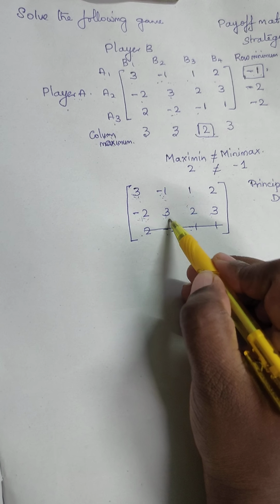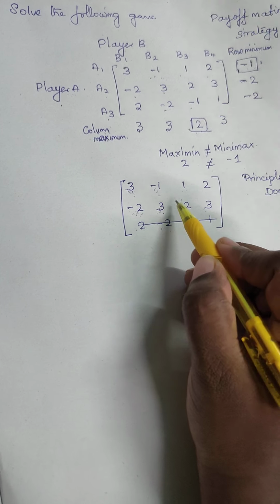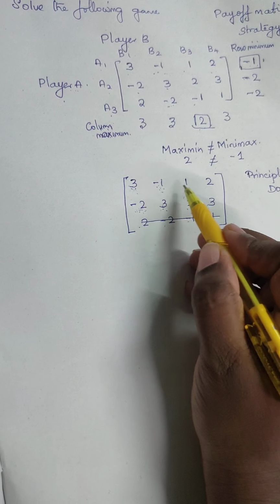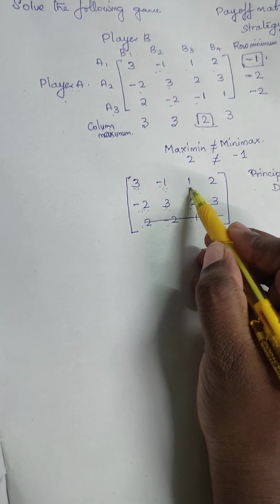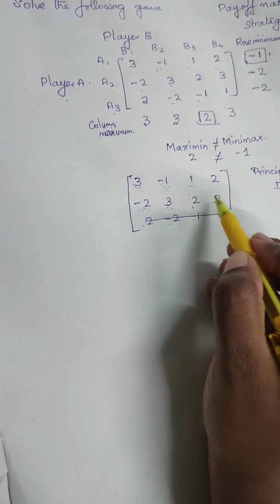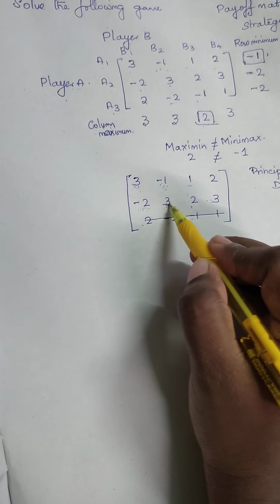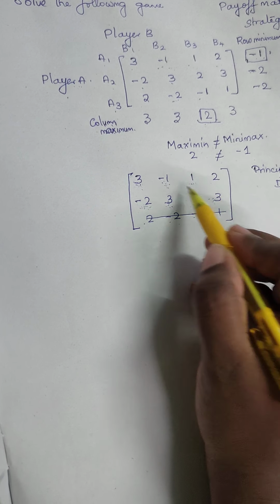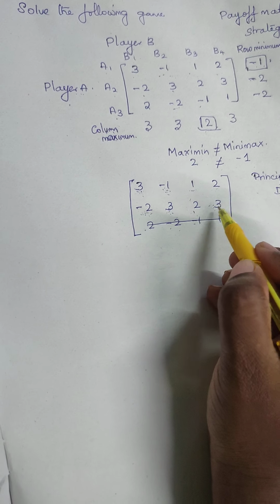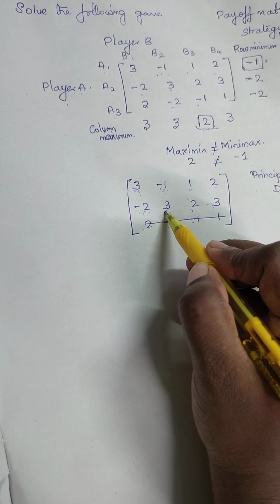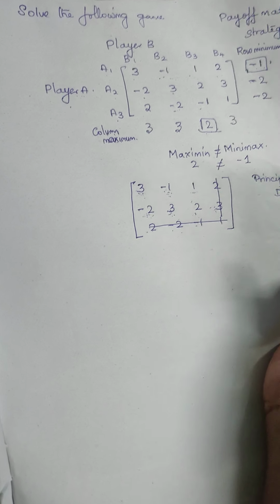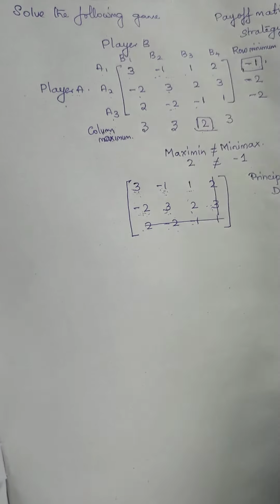Now moving to the second column, compare it with the third one. Minus 1 is less than 1, so 1 is greater than minus 1. Okay, but 2 is less than 3, so nothing can be done. We are moving to these two, second and fourth column. 2 is greater than minus 1, 3 and 3 are equal. So the greater column is the fourth column, therefore we are cutting it off.